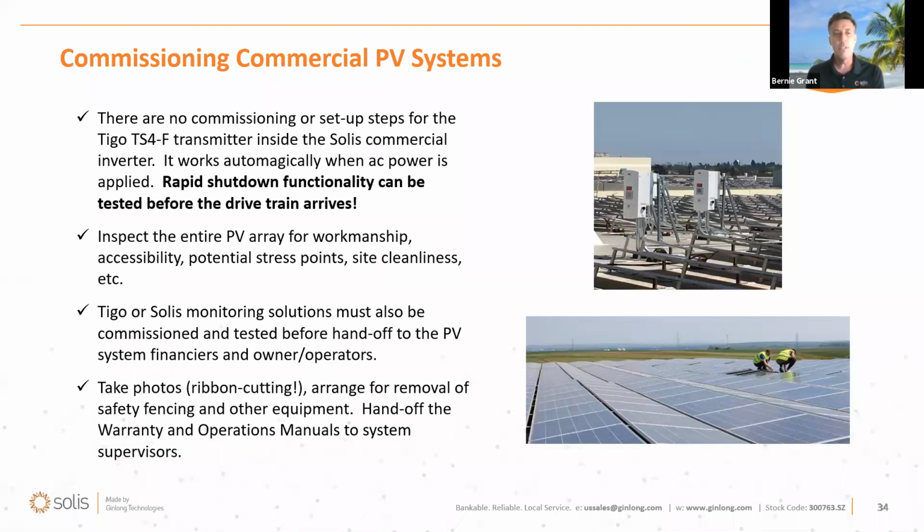Commissioning is also a little bit different, but it's largely the same. The interesting thing about the TS4 transmitter is that each transmitter outputs about 0.6 of a volt when they're not currently operating, when they're not allowing any panel voltage to come through. So it makes it easy for you. Once you get all of the panels connected together and you've got your home runs inside the inverter, getting ready to land them at the wire box, you can measure the open air voltage and see, well, I've got 20 panels installed, I've got 0.6 volts per panel. As long as I've got 12 volts here, I know that all of my panels are currently connected and I'm reading everything. Then you land that on the actual fuse holders, close the fuse holders,